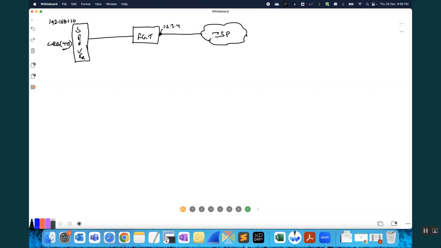Yes. This 1.2.3.4, is it from the ISP, or is it from NATing? This public IP. As for the ISP, the ISP is giving that IP so that you can configure the firewall's outside interface. Yesterday, as we explained, it is on the interface.